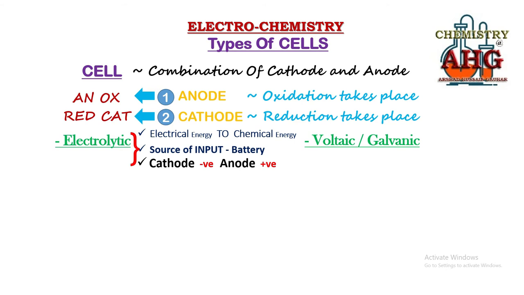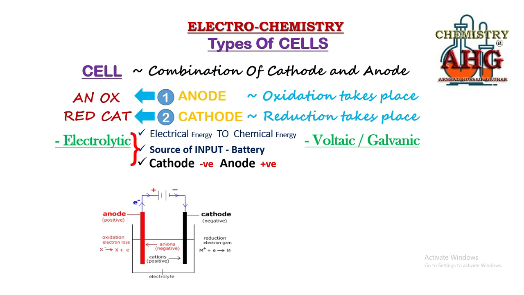Now look at the next thing that I am going to show you. It is the diagram for a cell, and by looking at this diagram you must be able to identify which type of cell it is. Whenever you have been given a diagram of a cell where there is a battery, a source of input, that is an electrolytic cell, because we need a source of input in case of electrolytic cell. And you know, the larger terminal of the battery is represented by positive charge, and the smaller terminal is represented by negative charge. Now in this type of cell, if I ask which electrode would be negative and which would be positive, you can tell me quite easily.